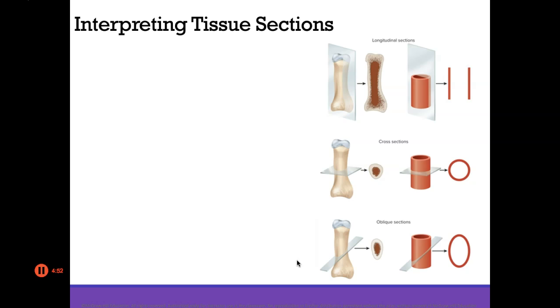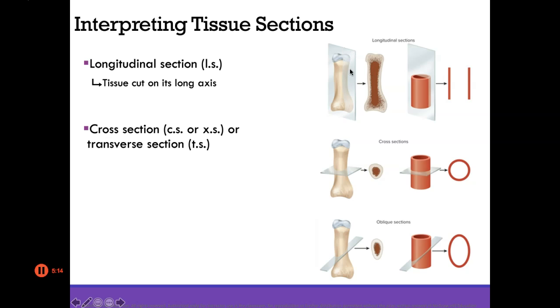So sectioning a tissue reduces a 3-dimensional structure to a 2-dimensional slice. So it's important to keep in mind how tissues can be sectioned. When you're looking at a specimen, you can try to relate it to the actual 3D structure in the human body. So you might see a longitudinal section, LS, which is how the tissue is cut at the long